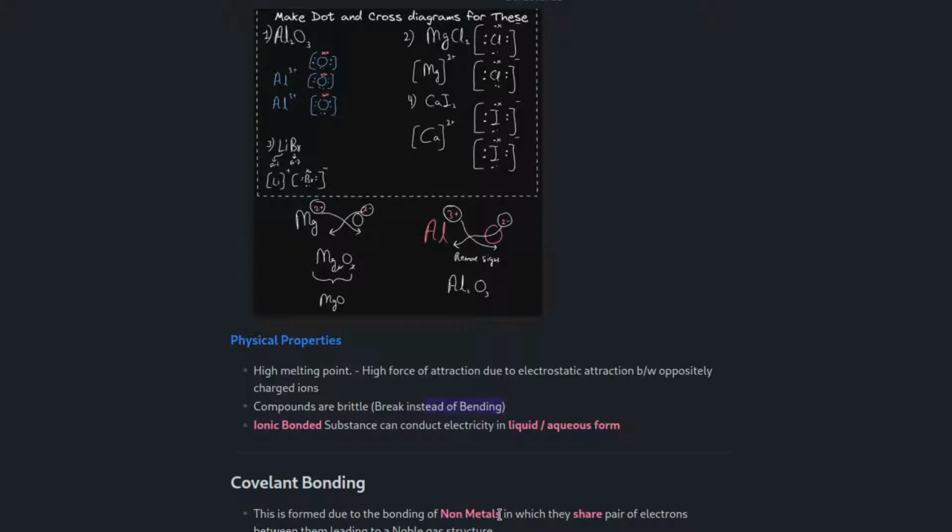Ionic bonded substances can conduct electricity in liquid or aqueous form. That is a very important point, because this can identify an ionic bond, because this is exclusive. This is a very special characteristic for ionic bonds. These are the only type of bonds that are capable of conducting electricity while they are in liquid or aqueous form, especially in aqueous form. While metals are capable of conducting electricity in liquid as well as solid forms,